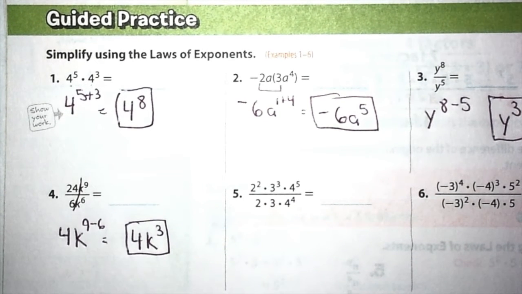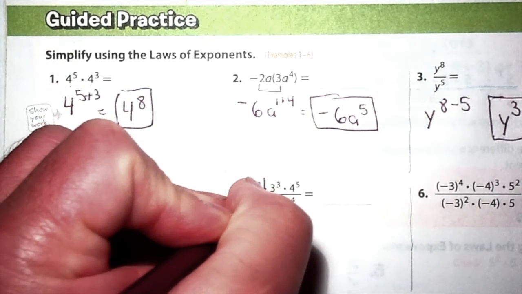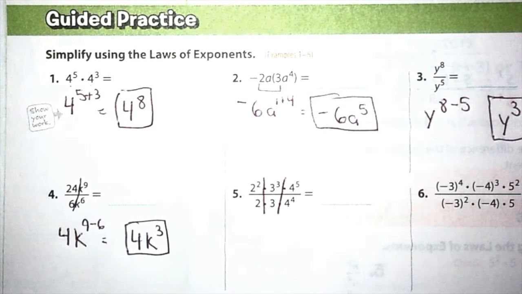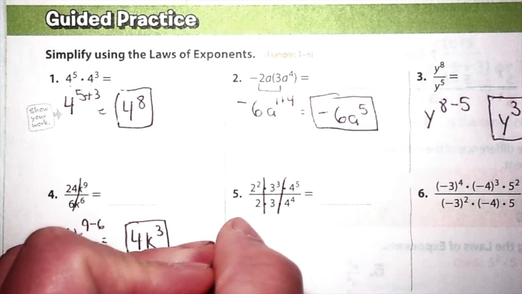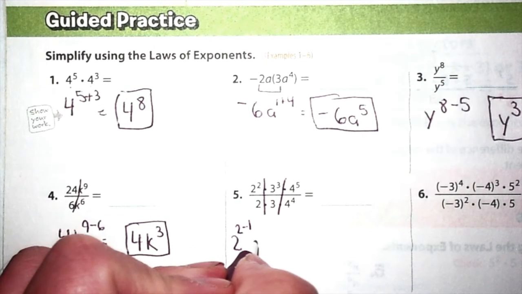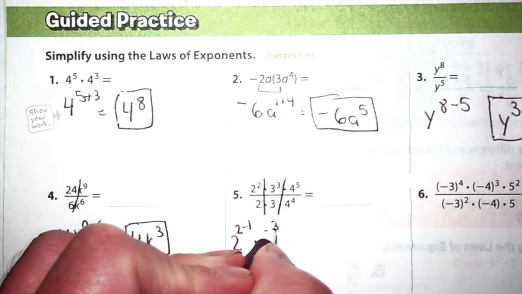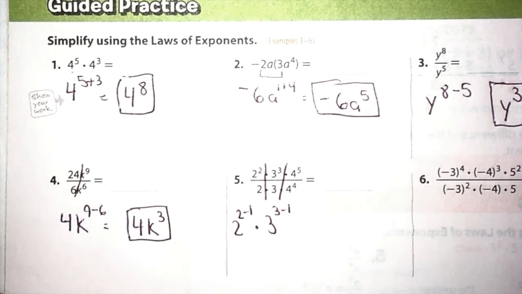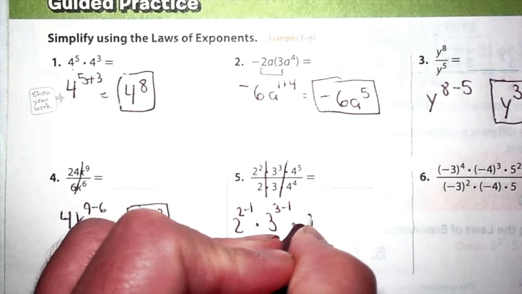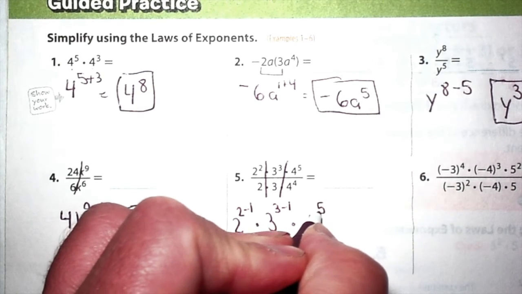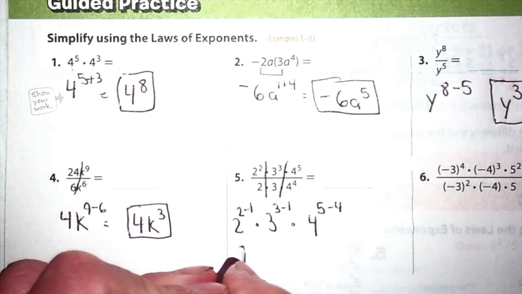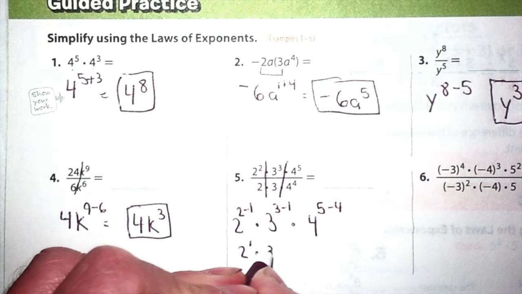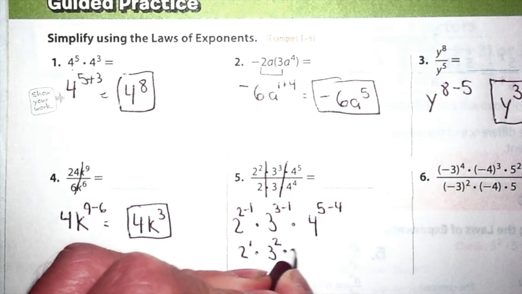Now they want to make these a little bit harder by making them really just longer. But what I look at is I have 3 problems here. The 2, the 3, and the 4. Well, I have 2 to the 2nd, and there's 1 there, so that's minus 1. Times 3 to the 3rd minus 1. Then I have 4, and I have the 5th minus the 4. So 2 to the 1st, times 3 to the 2nd, times 4 to